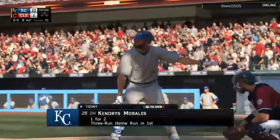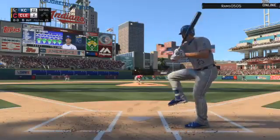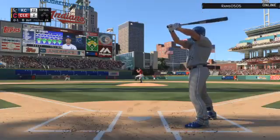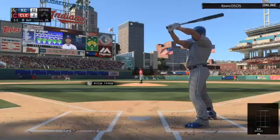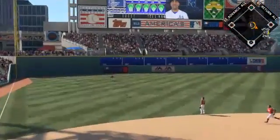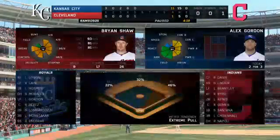Kendrys Morales strides into the box now. Launched one over the wall back in the opening frame. Kendrys Morales. Gets on top of one here and chops it foul right at home plate. And a pitch in the dirt as he lays off. It's 1-1. Fly ball into straightaway left. Brantley is under it. Looks it into his glove, and there's 1 gone. Ready to take his hacks again, Alex Gordon, as he'll look to